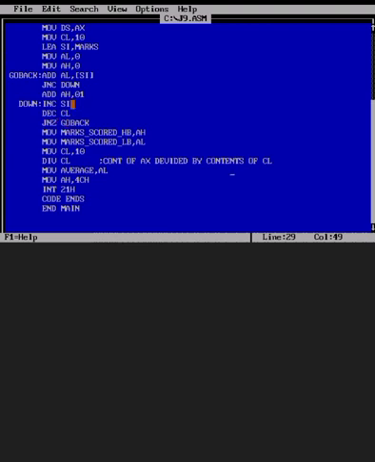If the count is not 0, it will go back again here and continue the same process till the count becomes 0. When the count becomes 0, it will come here, and AH will be moved to the higher byte. The result from AL is moved to the sum, that is the lower byte.